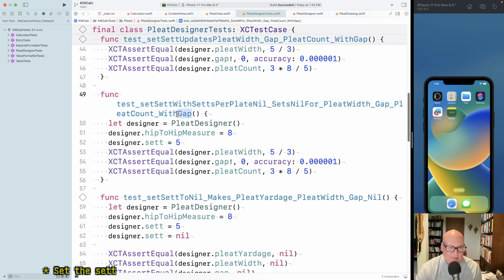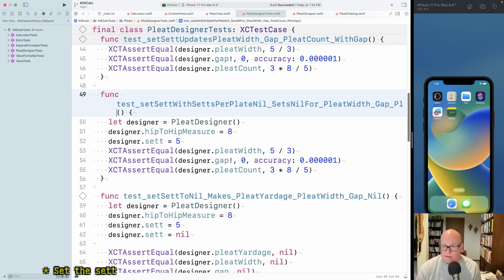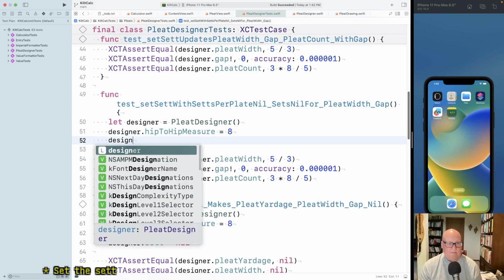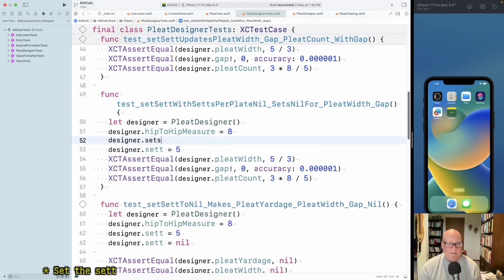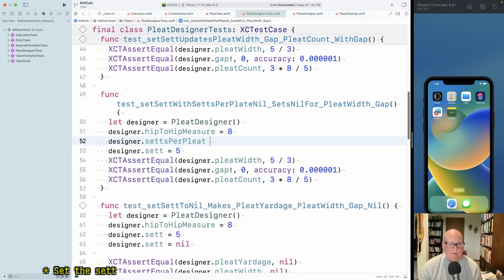I don't think pleat count is affected. Okay, so if you set hip to hip, let's set setsPerPleat to nil. Is nil. Okay, and